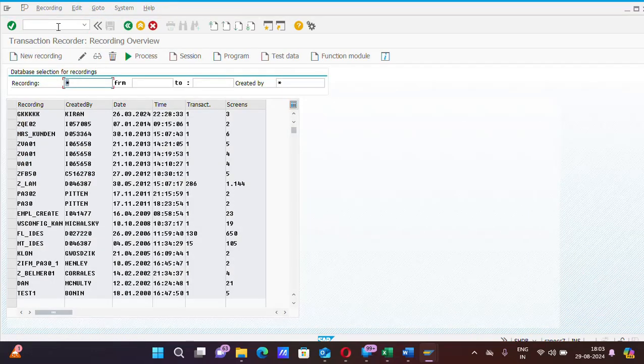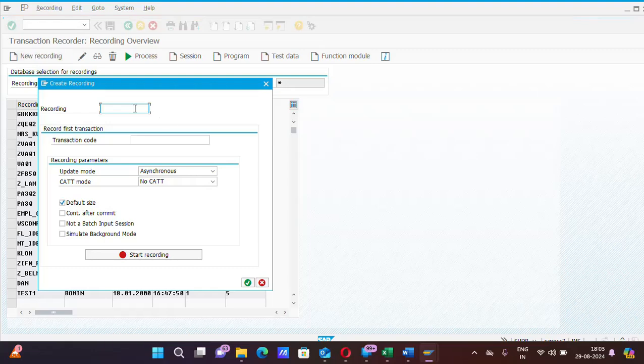You need to put a name for your recording, so click on new recording. You can put any name for your recording. Suppose I am going to record the BDC for T code F-02. F-02 means to pass a general entry in SAP. So I will put the name of my recording as Z